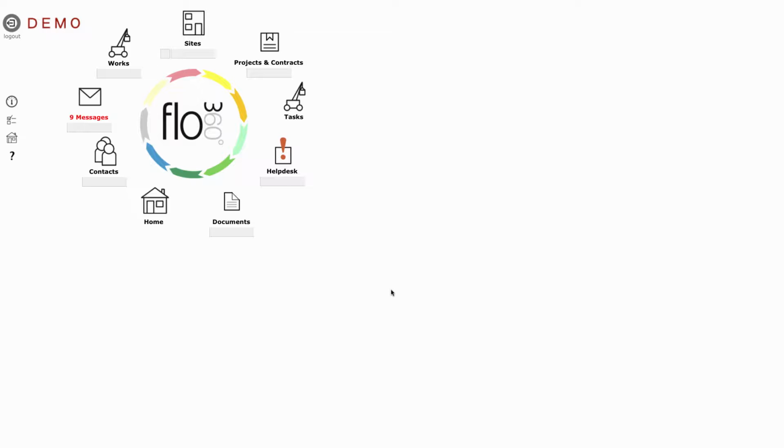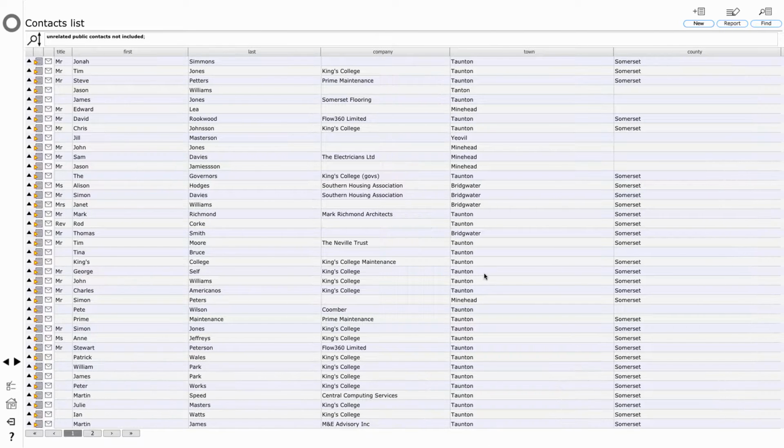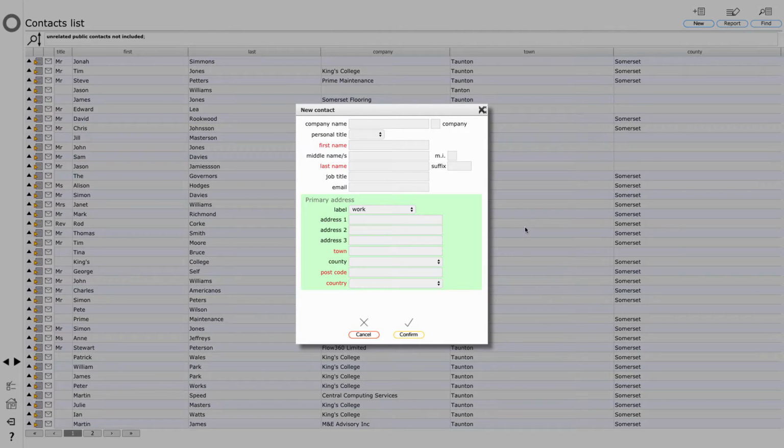So let's now look at adding a new service provider or contractor to Flow360. I'm logged in as a manager and I want to add a new contractor. I go to the contacts list first of all. And at the top of the contacts list there's a new button, and I'm going to click that button and put in the name of the new company